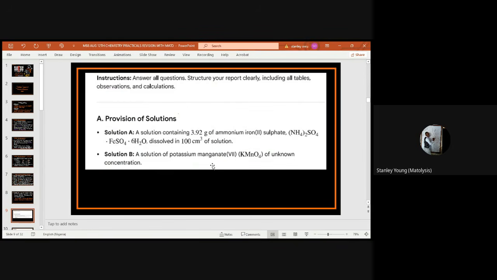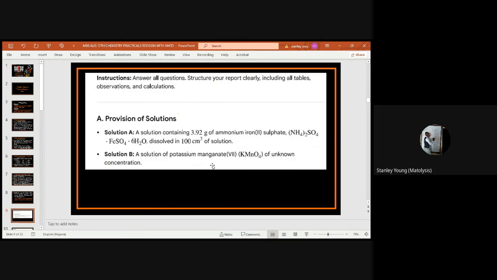So let's look at this question together. Here we have an instruction. It says, answer all questions, structure your report clearly, including all tables, observations, and calculations. We have a provision, solution A and solution B. If you watch closely,